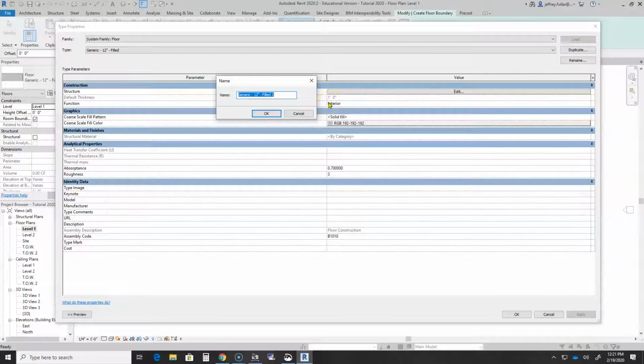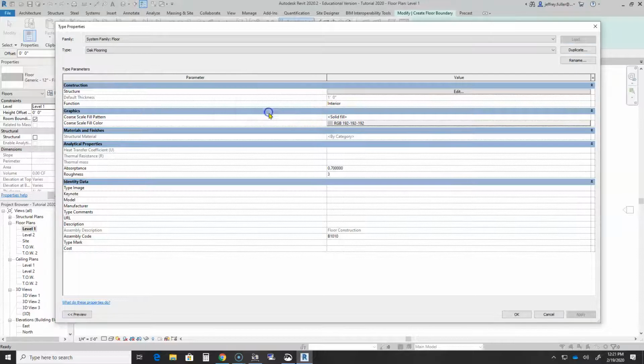We're going to name this duplication. Typically, you'll want to name it whatever your floor type is. And we're going to go with something really basic for right now. We're going to call it oak flooring, and then after this I'll show you a more complex way of doing it. So we're going to do oak flooring, and then we're going to go into structure and edit the